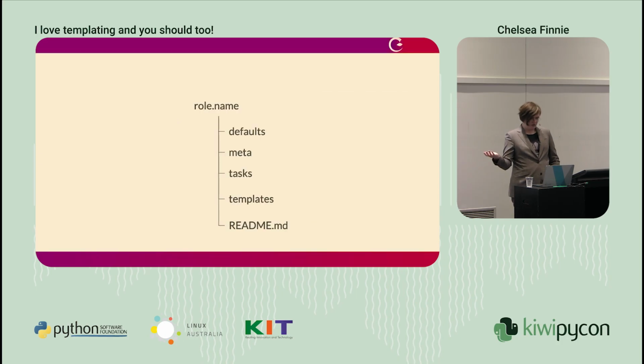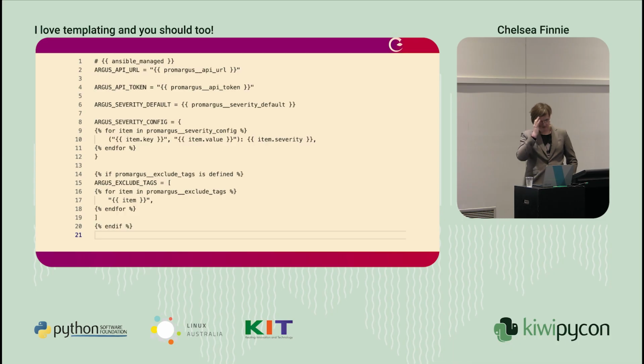Say we create a role to manage the provisioning and configuration of a Flask application. A really basic role may have default values, meta information, tasks, a readme telling you what it's for, and templates. So this Flask application needs a local settings.py file. We can create one as a template, and set a bunch of values in the host group or default variables files that it goes into,